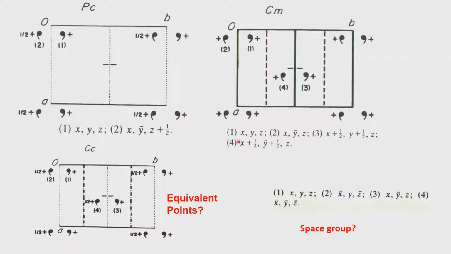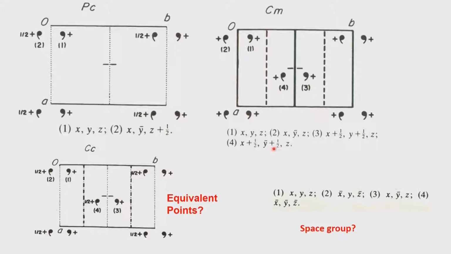And this particular glide operation, is it a c glide or an a glide? You look at these equivalent points and see whether it is a c glide or an a glide. It is an a glide, because the glide operation is adding half to the value of x, and this is coming as a consequence of the presence of the mirror symmetry, which now takes the C-centered object, operates the mirror, and therefore, you will get a centered lattice associated with this.